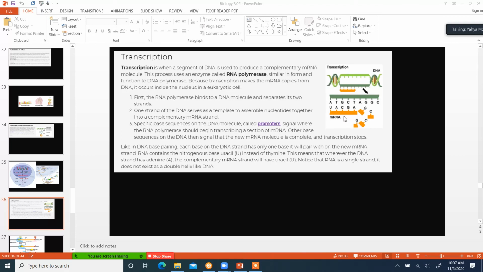Now the only difference is, if you have A in the DNA, you're not going to put a T, you're going to put a U because this is RNA. So in the RNA, you're not going to find any T's. Wherever you would find a T, now you're going to find a U. So right now we're making mRNA. Now when mRNA is done,